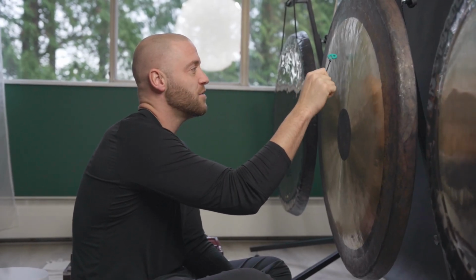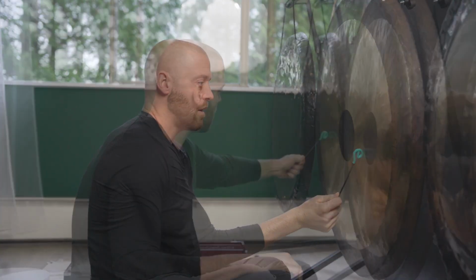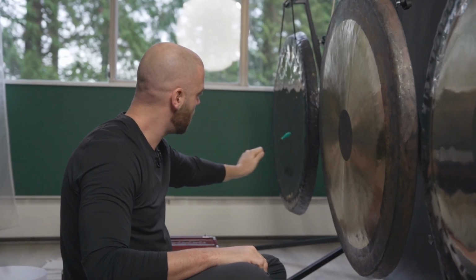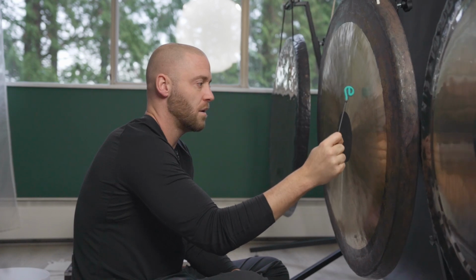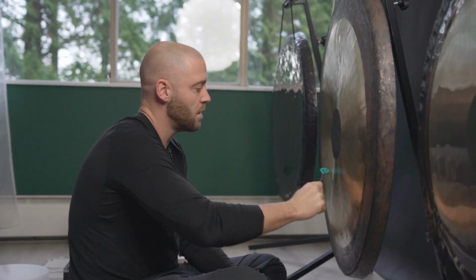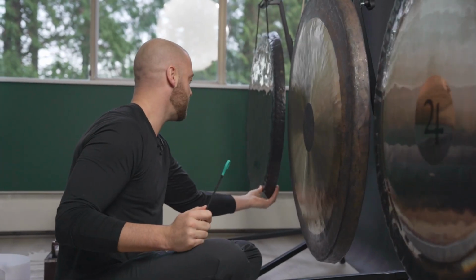So I'll give you an example. You just rub the mallet across the surface of the gong. It sounds pretty cool though when you let it ring out like that. So that's just another option that you can work with to add more variety into your soundscape while you're